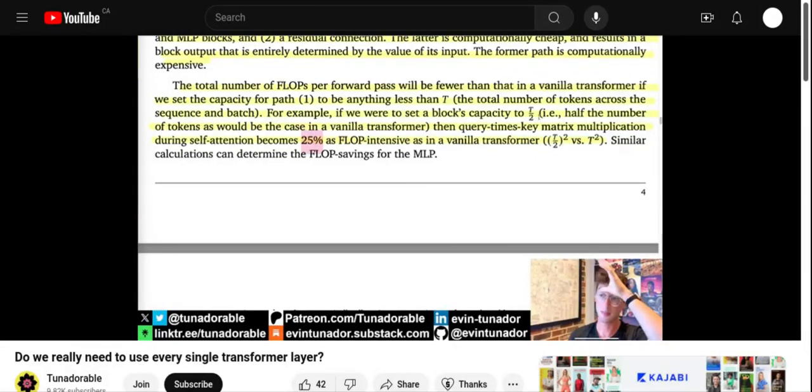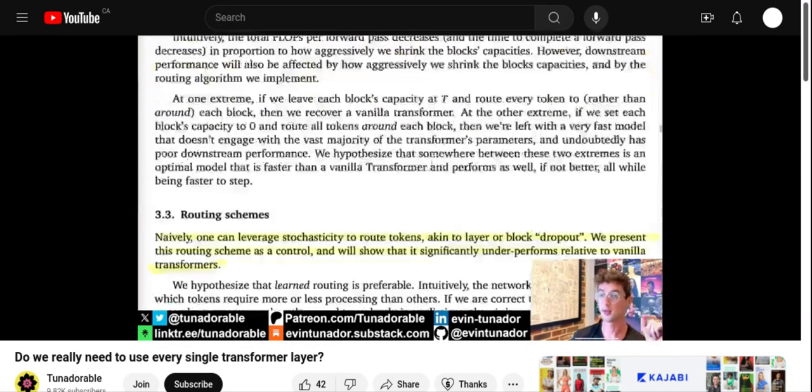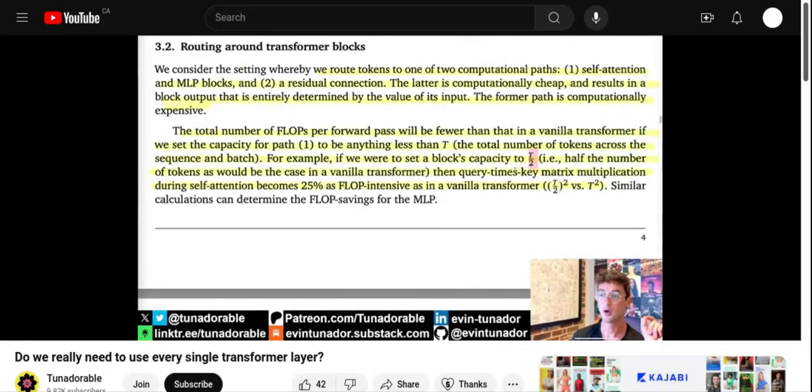And I believe later in the paper, they actually use a much smaller capacity, as in far more skipping than just half. But keep in mind, it also means whenever a token is chosen to skip the current layer, that token literally is not in the attention mechanism. Like, it cannot be a query itself or be